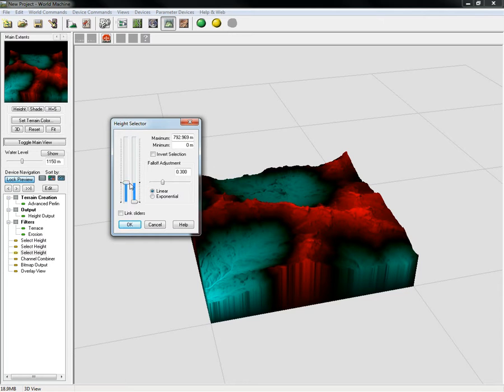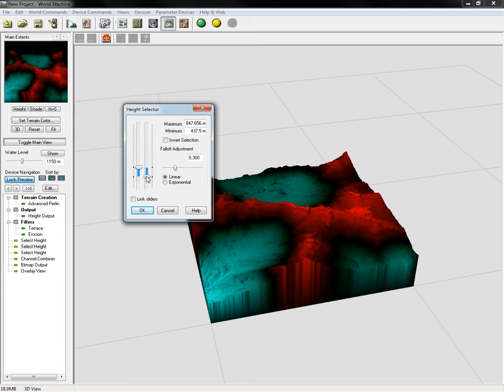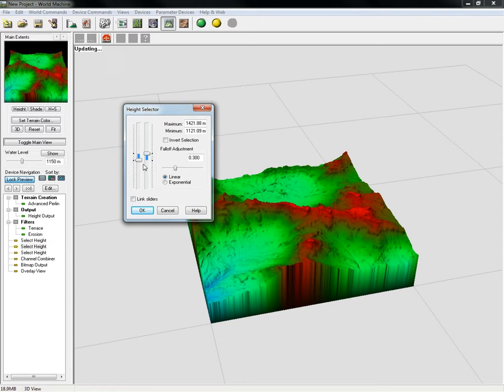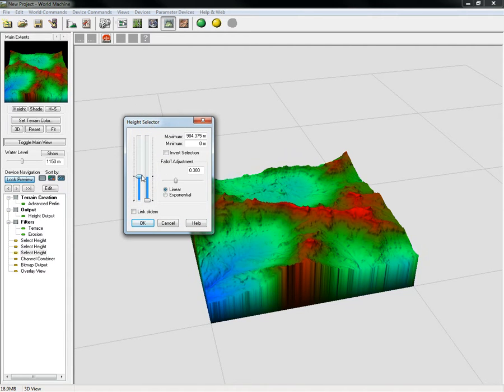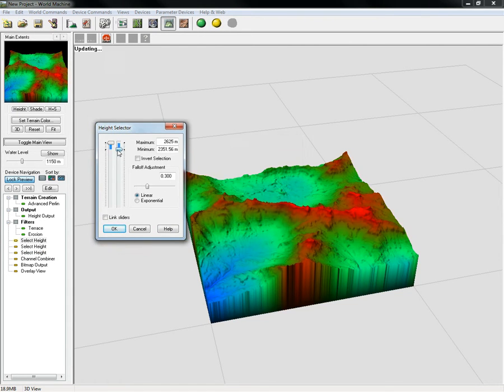So it's going to take a couple of minutes to adjust this till you get exactly what you're looking for. So if we kind of go here, we'll start seeing some green, and we just have to adjust these heights until we get kind of what we're looking for. So we start seeing some of that blue coming through down in the lower areas, something in this neighborhood. Okay, we can just keep going until we get our blue, green, and reds exactly how we want them. We can bring this down a little bit,